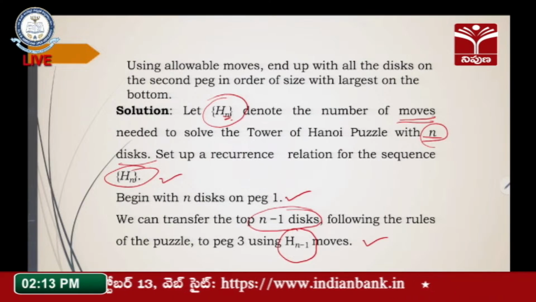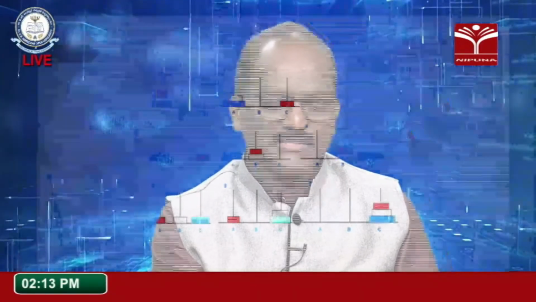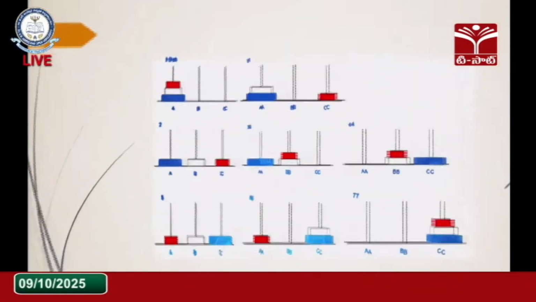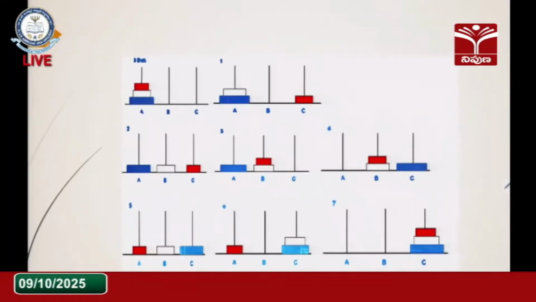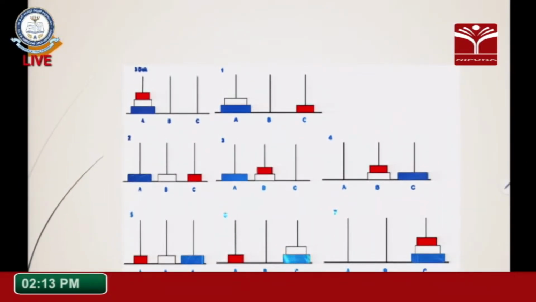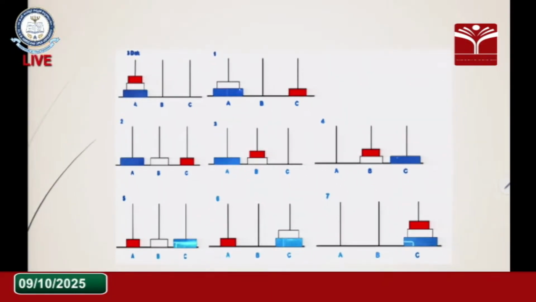Hn minus 1 moves. So already the larger size disk, one disk, is already on the peg 1. The remaining n minus 1 disks are placed on the third peg. The situation is like this. See, the 3 pegs are there, A, B, C. On the first peg, to explain the problem, we have taken only 3 disks. To understand the problem, only 3 disks are taken, and B is the second peg, C is the third